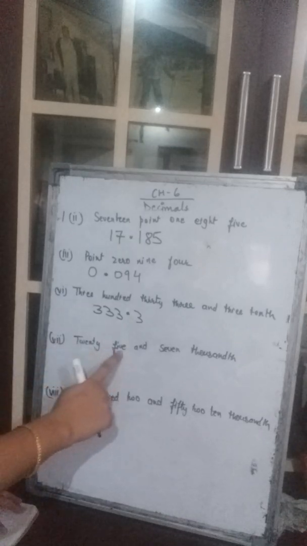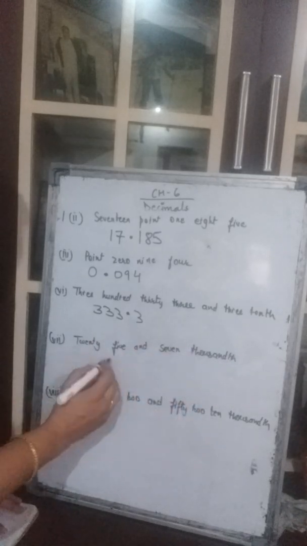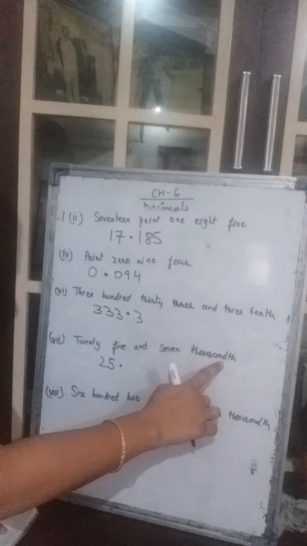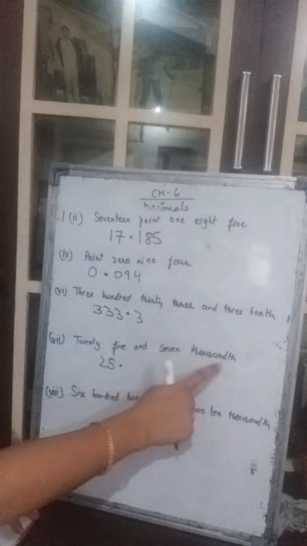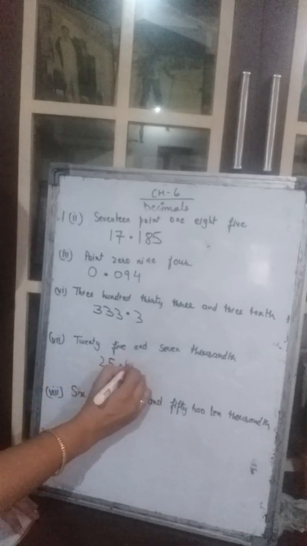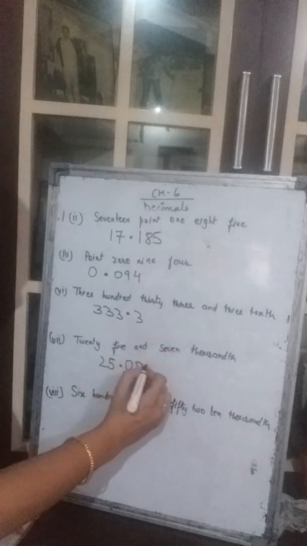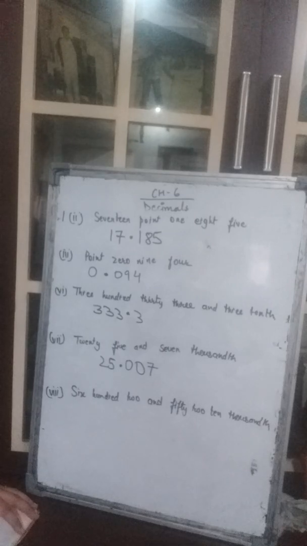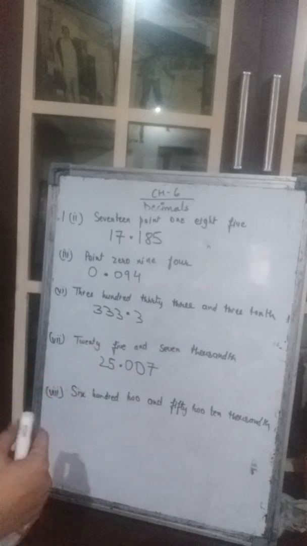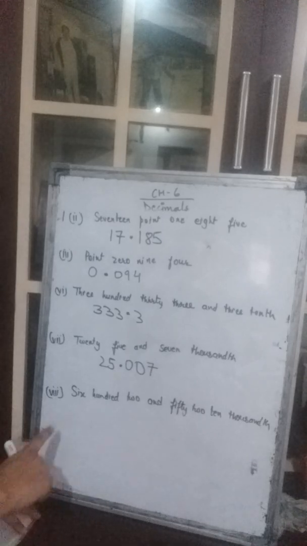Now let's come to the 7th part. The 7th part says 25 and 7,000th. So write that 25 first. 25 and means decimal. 7,000th means 7 is coming at the 1000th place. So at the 10th place nothing is there, write 0 here. At the 100th place nothing is there, write 0 here. And 7 is coming at the 1000th place. Clear? Girls, just remember, after the decimal there is no ones place. It starts from the 10th place. I am repeating this.